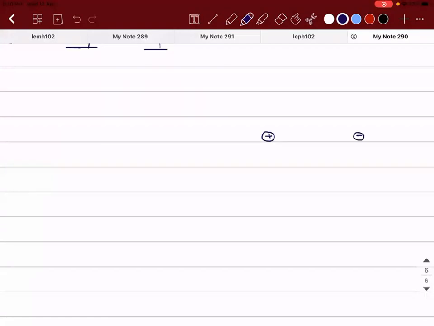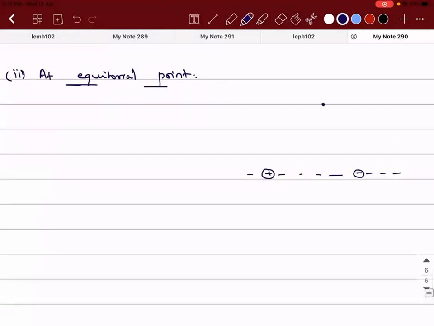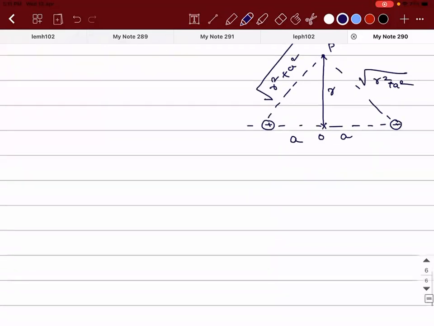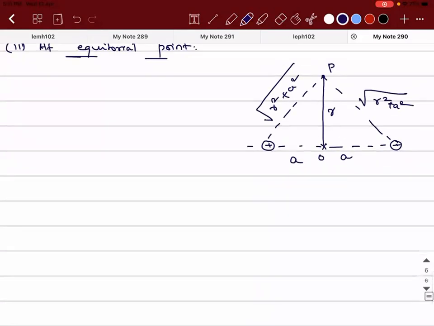If I take this as positive charge, negative charge, then if I take this as point P, the distance from the center to the point P is going to be R, and this distance is A, this distance is A. Then this is going to be root of R square plus A square. And how much is this distance going to be? It is the same, root of R square plus A square. Now, if I take this as A and B,